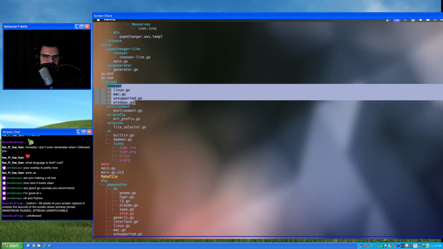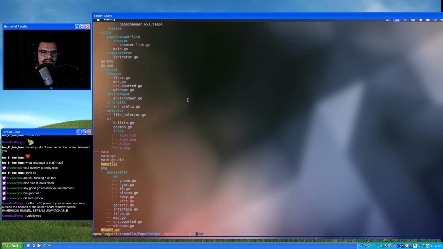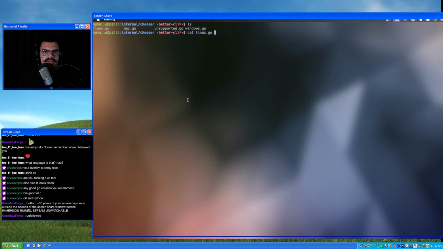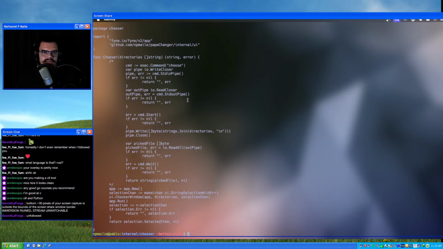So I have the chooser in Mac, Linux, unsupported in Windows. In Linux it attempts to do dmenu. In Mac, it uses the choose command. Otherwise, it does this app window thing.